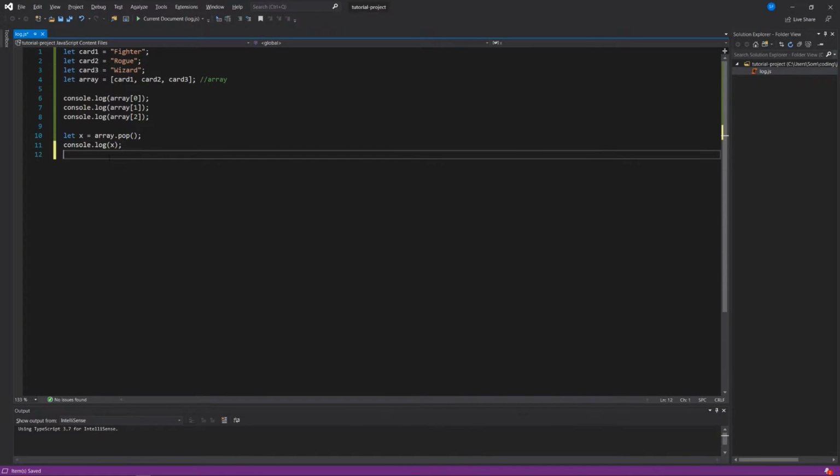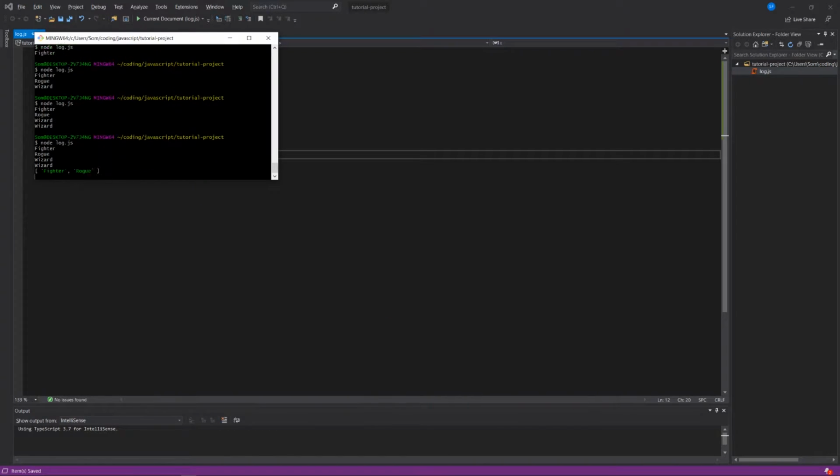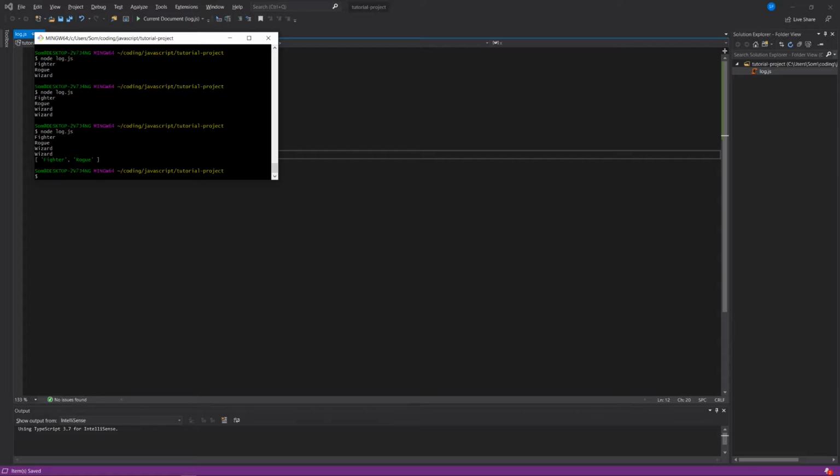Let's instead, after we do this pop function, console.log array. We see that we start off with listing fighter, rogue, and wizard, and then we see wizard, and then after we log to the console our array, we only see fighter and rogue. Well,